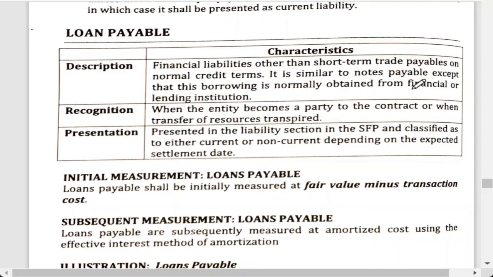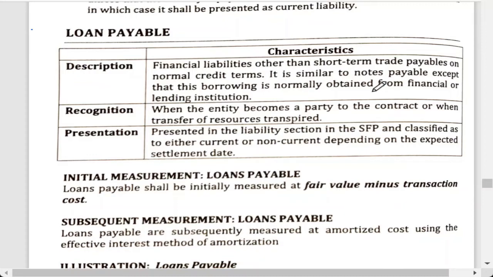It is similar to the notes payable, except that this borrowing is normally obtained from a financial or lending institution. So its characteristic is that you borrowed money to pay money. Because the notes payable and the accounts payable can be incurred even if what you acquire as consideration is not money. For example, with accounts payable, you can incur it by getting goods or services on credit, right? You borrowed